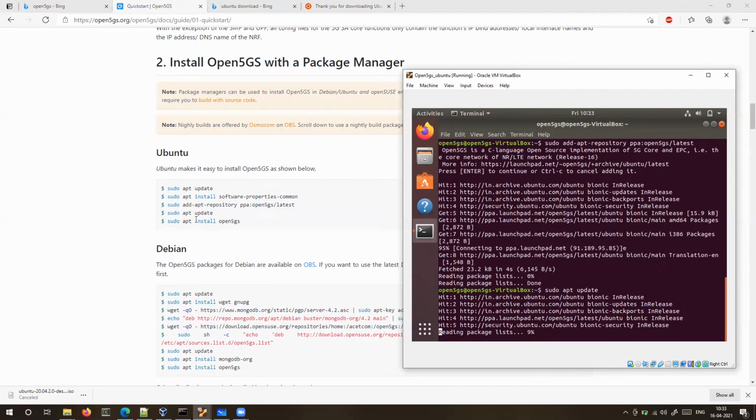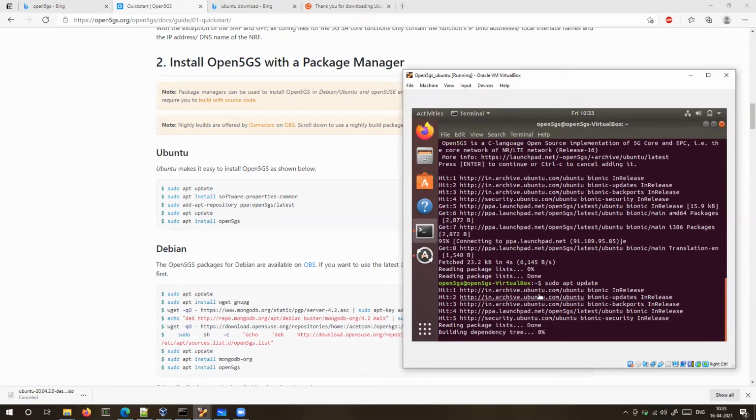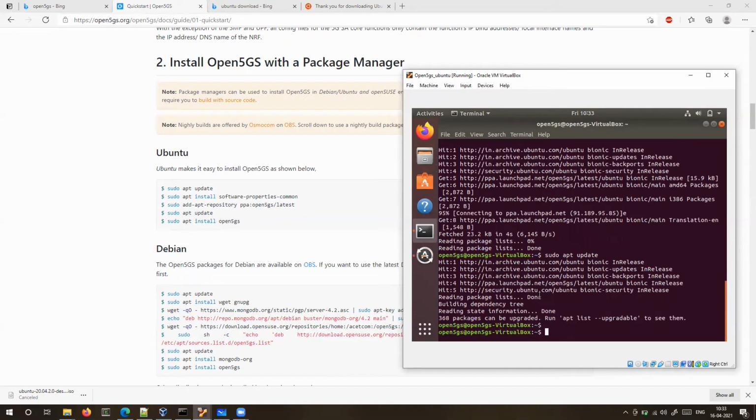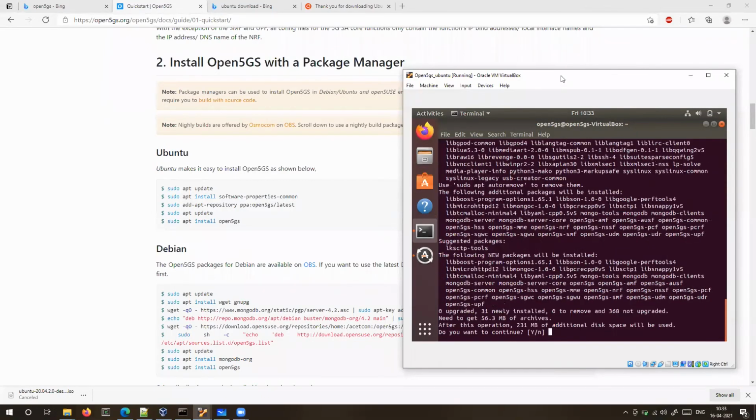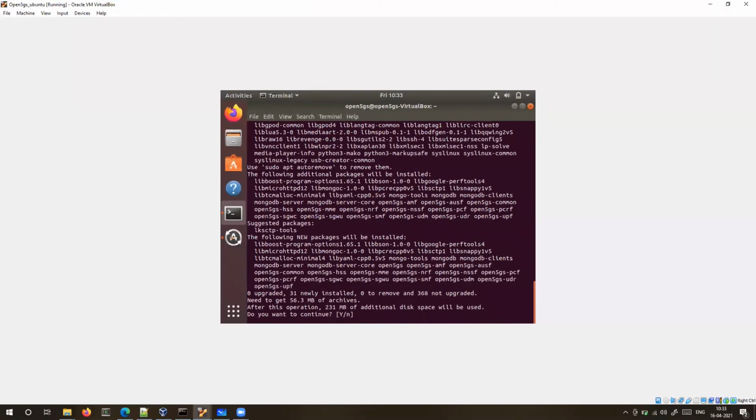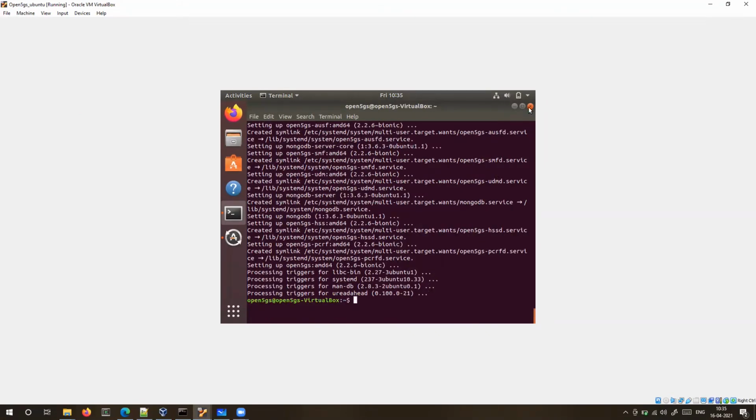All right, the last thing you need to do is sudo apt install open5gs, and it will install the library. It will take some time because it is a bit of a big package. It is 231 MB. Okay, so you see it is installed.